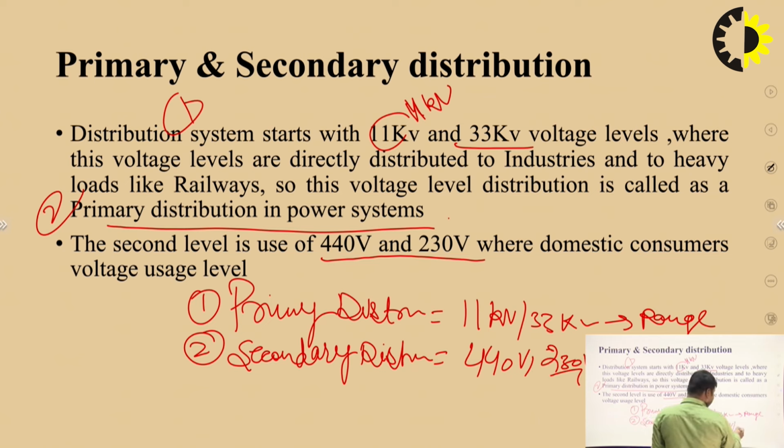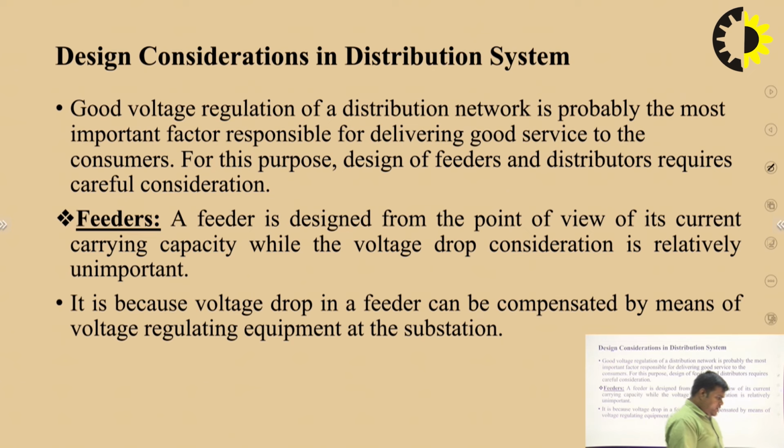Okay, so the voltage ranges and the voltage levels are to be known for the primary and the secondary distribution system. Other point is, what are the design considerations and parameters which are responsible for the efficient and smooth conditioning of a distribution system. So good voltage regulation of a distribution network is probably the most important factor